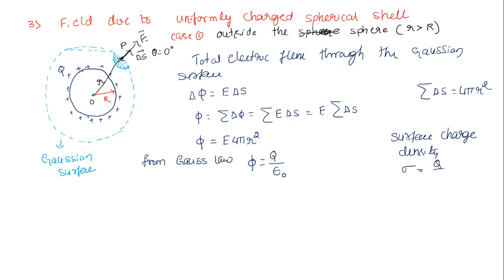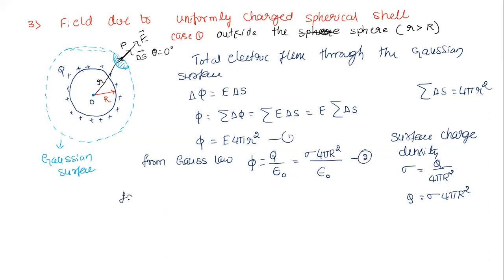Area of what now? Smaller sphere right now. So I'm going to take 4 pi r square. So now I want Q. Q equal to sigma into 4 pi r square. R can use even as a Q itself, not a issue. Okay, so I'm going to use here now. It has become sigma 4 pi capital R square divided by epsilon naught. Let's say this equation number 1 and let's say this equation number 2.